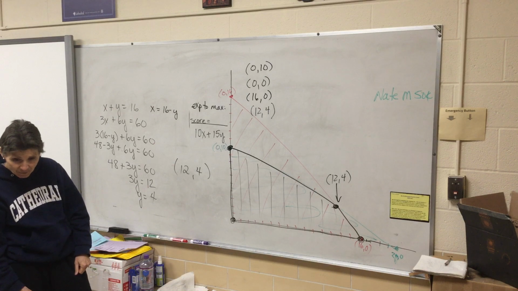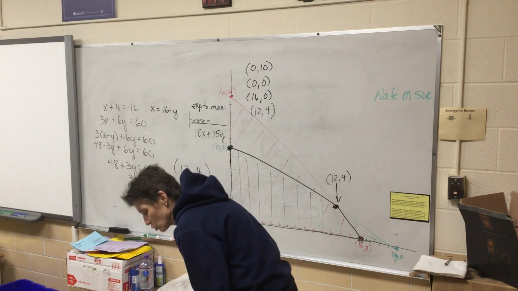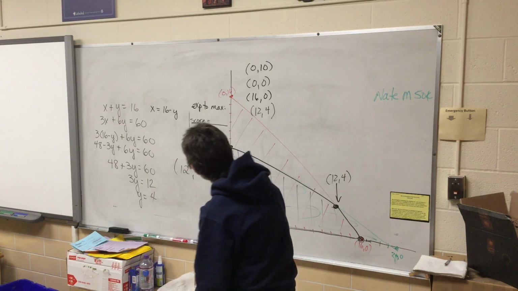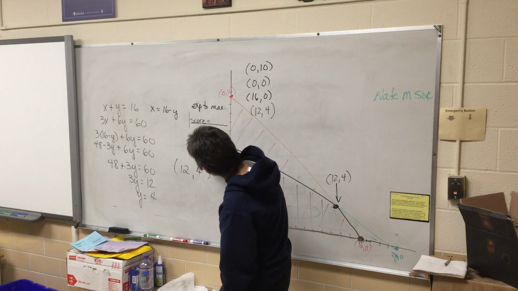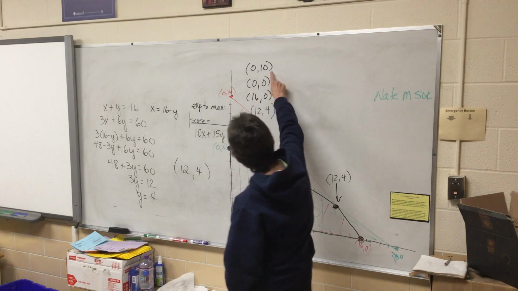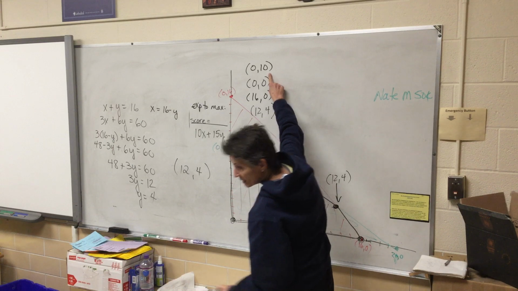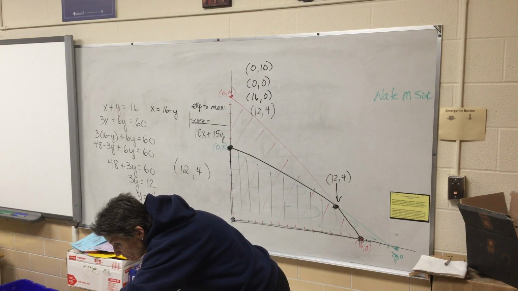Now, how do we figure out the answer? Well, remember, the whole point is to be getting a score on our test. And we know that x's are worth 10 and y's are worth 15. So look up here. This would say that you're doing no